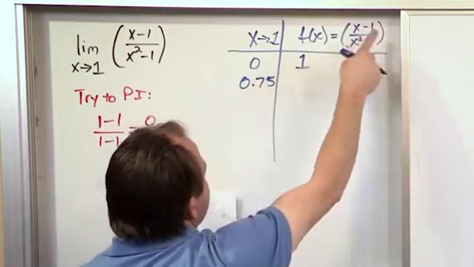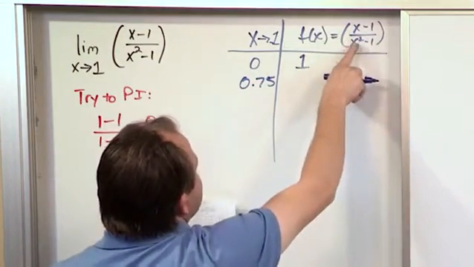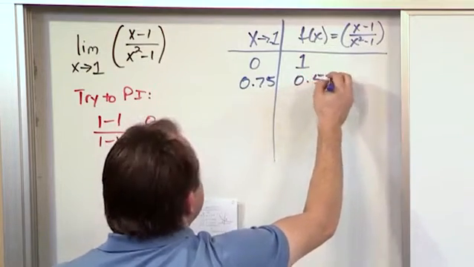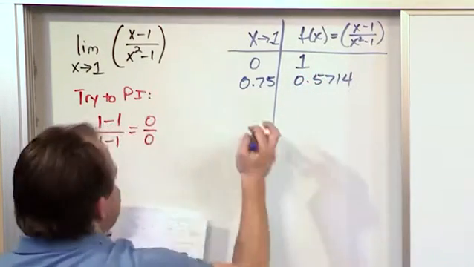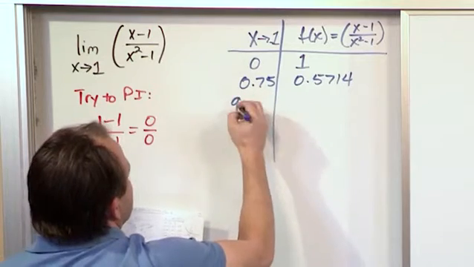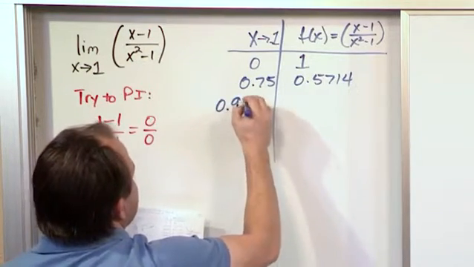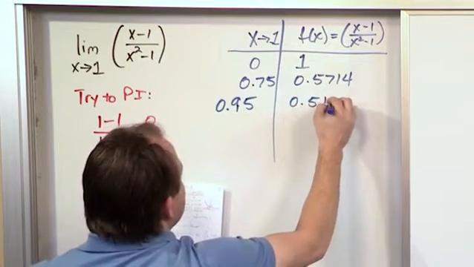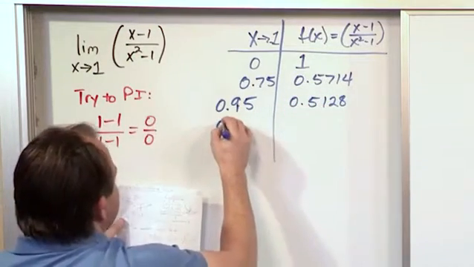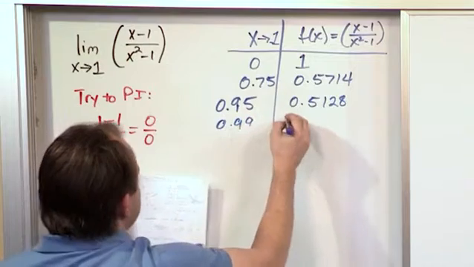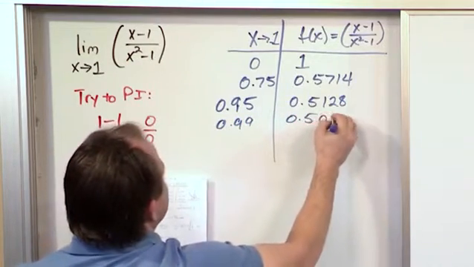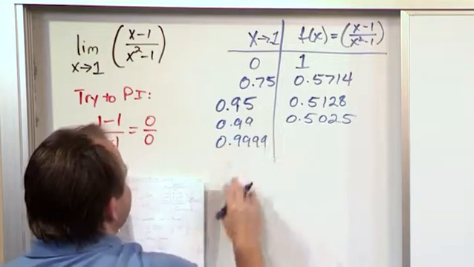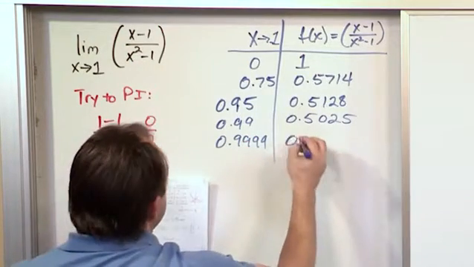0.75. I'm not going to do all the math, but when you go through here and subtract and then you square it and subtract and you divide, you get 0.5714. And if you get a little bit closer, let's do it like this, 0.95, you'll get 0.5128. If you get a little bit closer, 0.99, you get 0.5025. And if you get 0.9999, super close to the value of 1, you'll get